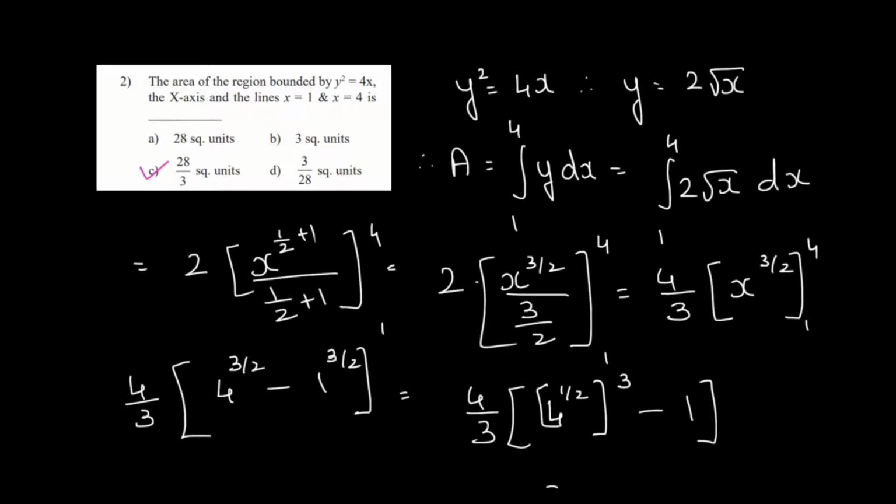Now we move on to the next question, the third question. Over here the third question. Now in this particular question, just see what the question is. Area of the region bounded by x square is equal to 16y and the lines y is equal to 4 and y is equal to 1 is given. See the difference over here. X is not given, but y is equal to 1 and y is equal to 4 is given, and the y axis.